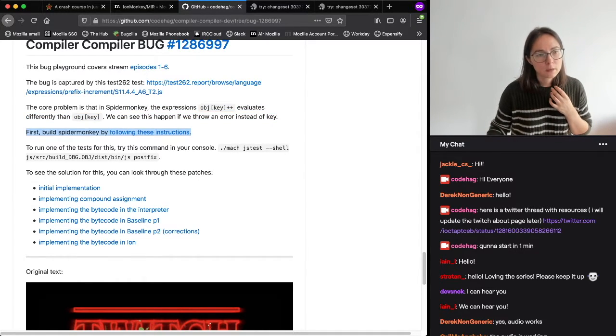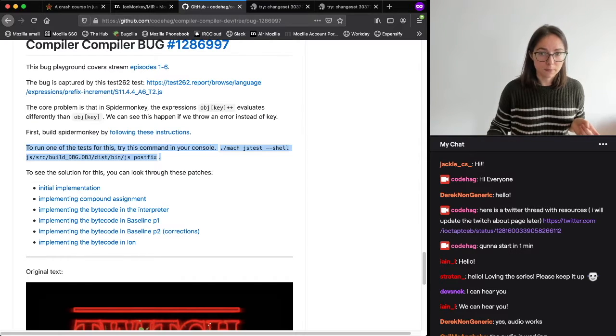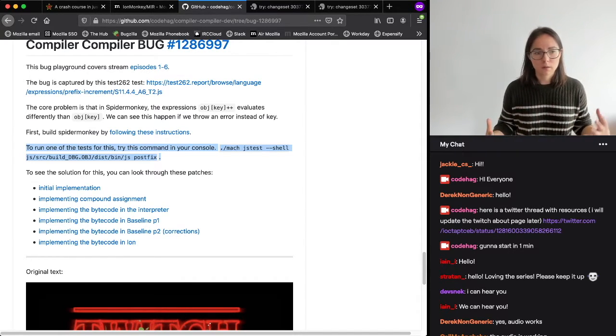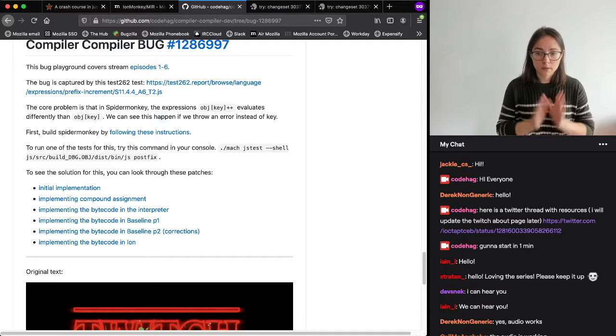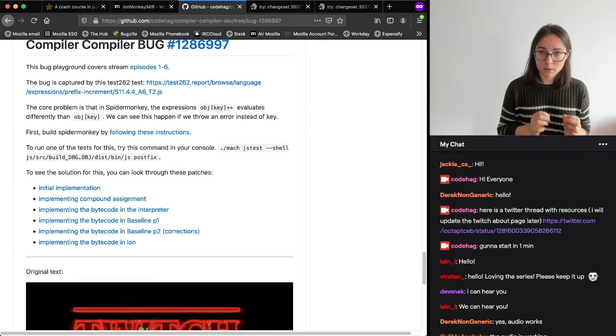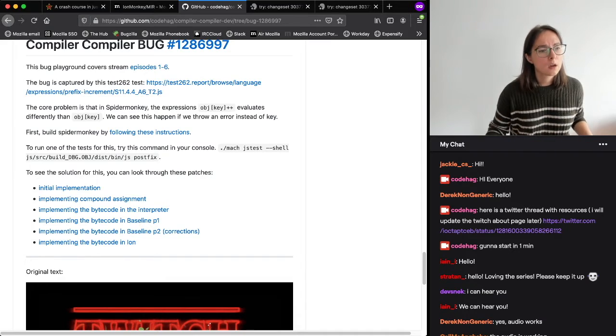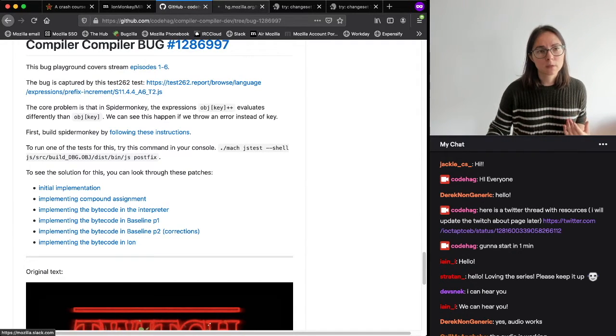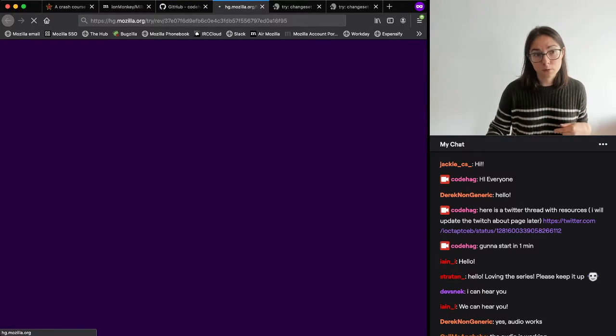How to build, and then how to run one of the tests that's failing, just to get you started, just to get you thinking about how we look at this bug from the perspective of writing an engine. Then, if you want, you can start implementing and solving the problem on your own. Or if you need a place to start and you just want a refresher of the streams, but you don't want to watch the streams,